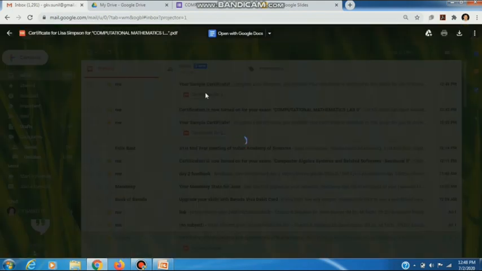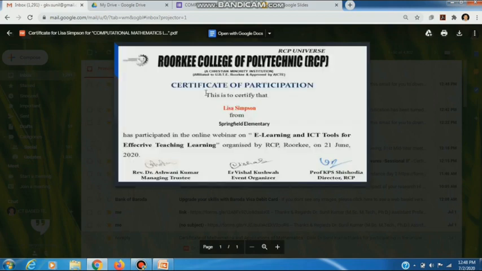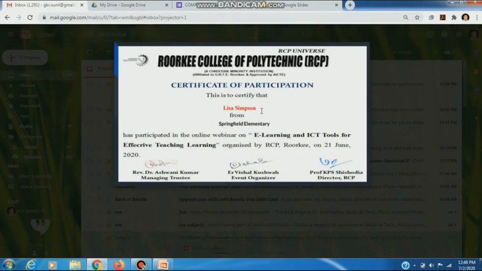I check what is in this. Lisa Simpson is the default name. It will always appear in sample certificates, and this is the Lisa Simpson school. It will also appear in the sample school. When we fill it in, we get our name and our institution name here.